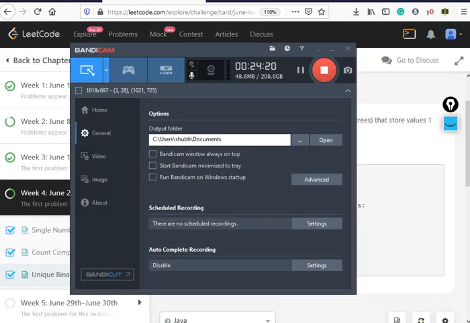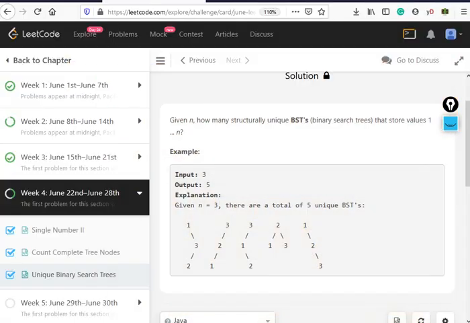Just hold on. Okay, cool, it's recording. Moving ahead,